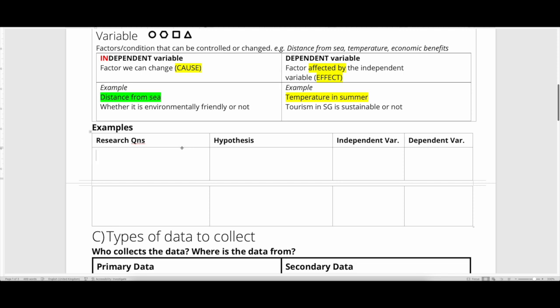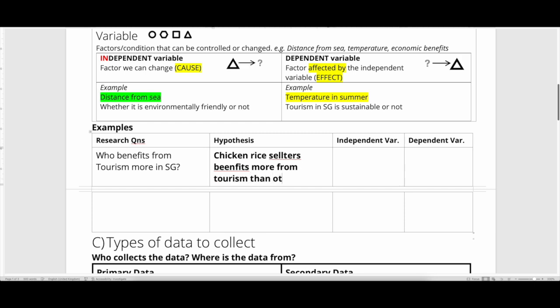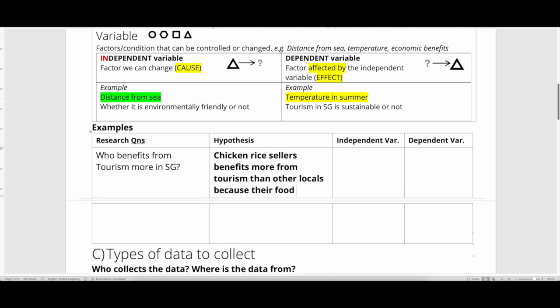All right, so for example, I'm curious, who benefits from tourism more? So I have narrowed down to only benefits and about tourism in Singapore. So what's my, maybe I just do a guess. So maybe my hypothesis is chicken rice sellers benefit more from tourism than other locals because their food is more